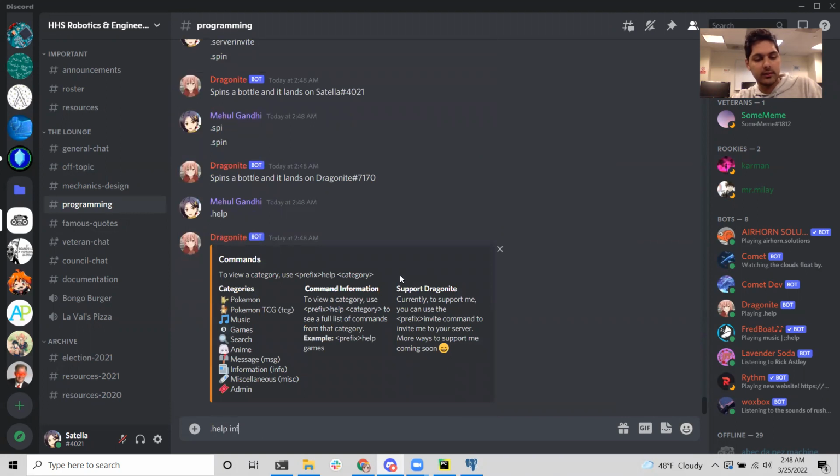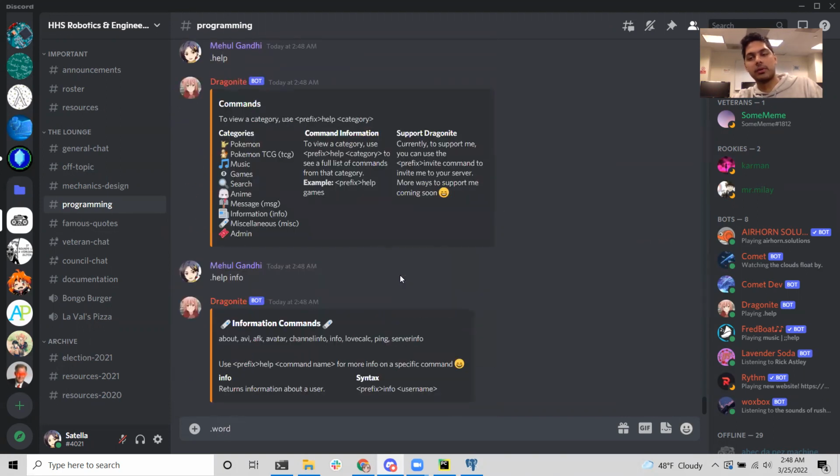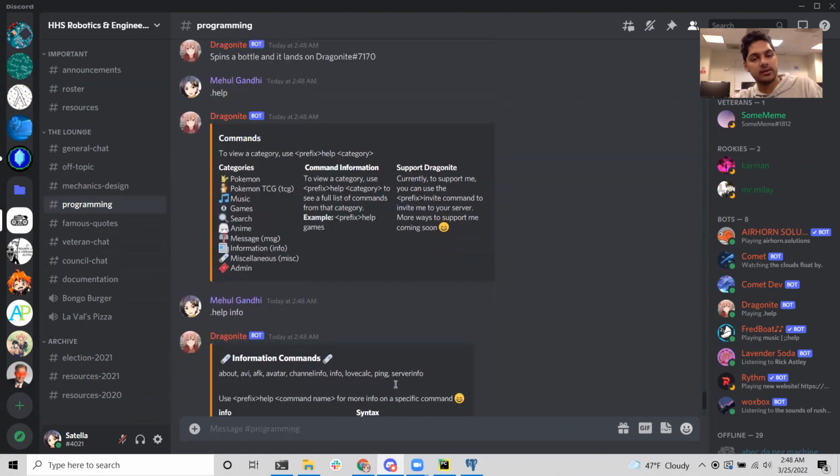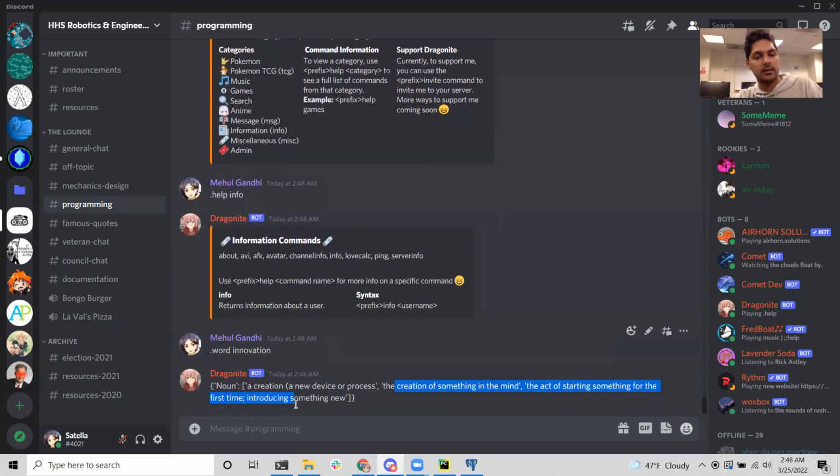Help info. I think I can search up a word in the actual dictionary. So word, what's a cool word? Innovation. I'm just looking at a poster that's right in front of me. But yeah, noun, a creation, and different definitions of what innovation could be.